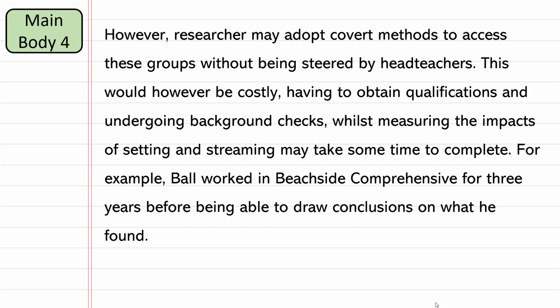Now, the idea of measuring the impacts of setting and streaming is going to take some time. I could have developed that point a little bit better, but I would see this as being quite a good point, probably close to a band 4. We've talked about the method, using covert methods, undergoing background checks. We've talked about strength or limitation, particularly of that method, that it might be costly, that people may have to undergo further training. And we've talked about how setting and streaming can be time consuming to study. It could have been developed a little bit better, but I would see this as probably being around about